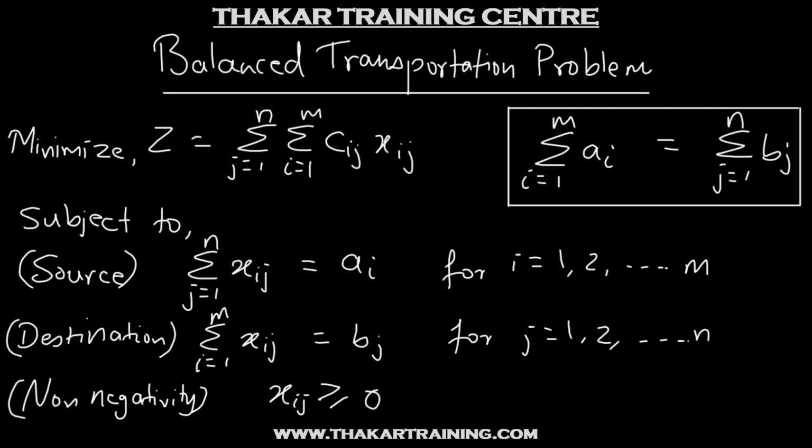So the balanced transportation problems are solved with the methods which provide an initial basic feasible solution that is close to the optimal solution. And to remind you again, in case we have an unbalanced transportation problem, it is first converted to a balanced transportation problem by adding a dummy source or a dummy destination. So further, we will discuss the methods to find the initial basic feasible solution to a transportation problem and then look at the methods to optimize the solution.